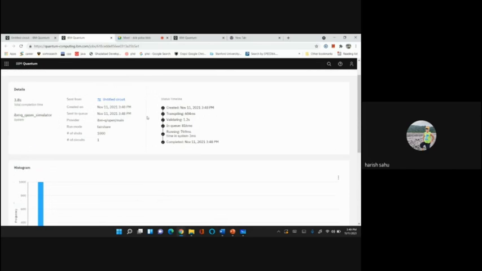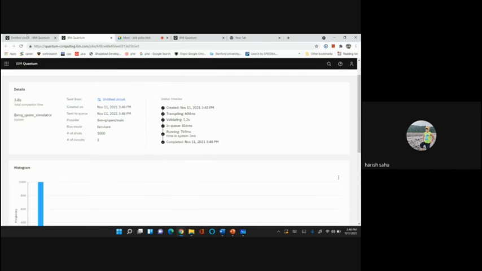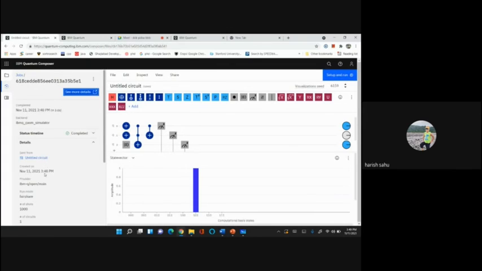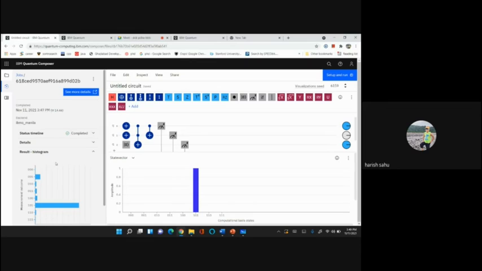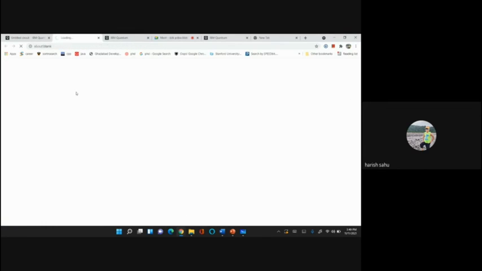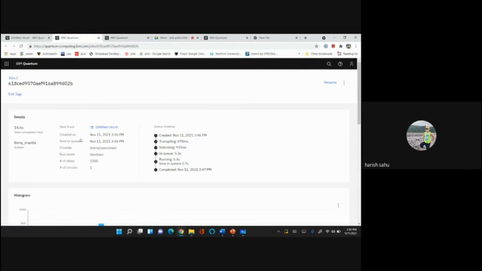Okay, let's see what happened on the actual quantum computer when we run the circuit. So see here, jobs. We are trying to understand these things with a simple example, but the same things are valid for larger or complex applications also.